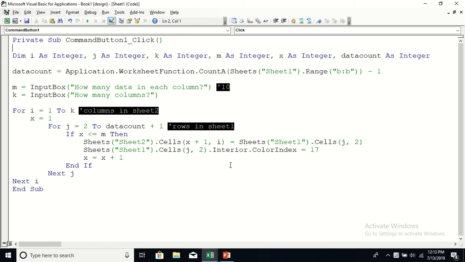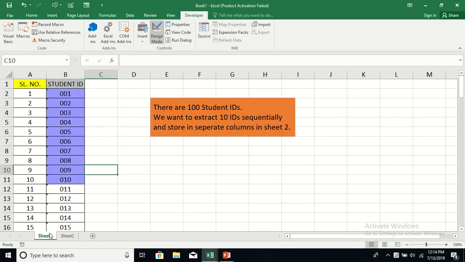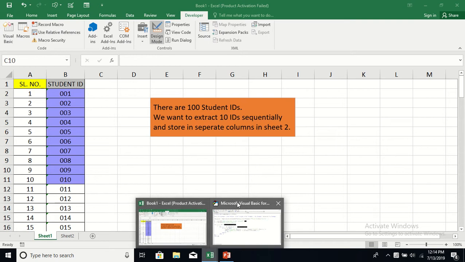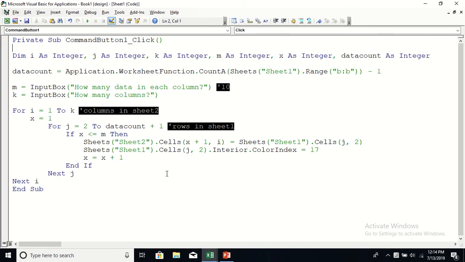Okay, so what we can do now is take help of this color index. Because every time, once you pick up the value, you fill the interior of the cells with the color index equal to 17. So what I'm going to do is use a bit clever part of the program. That is, if x is less than or equal to m, that is fine, but at the same time another condition has to be satisfied, that if